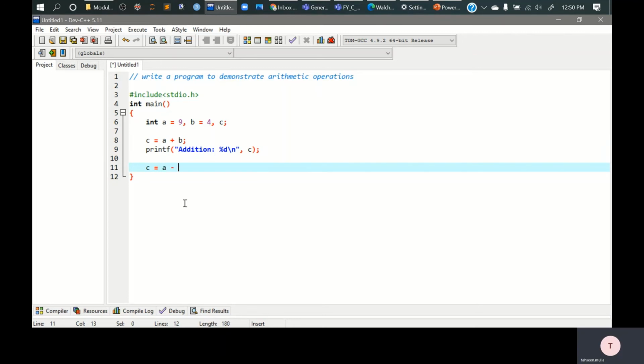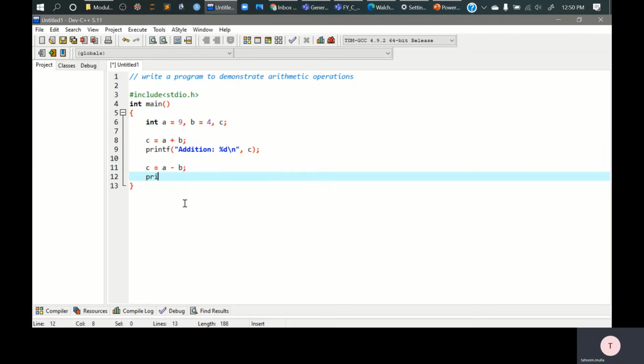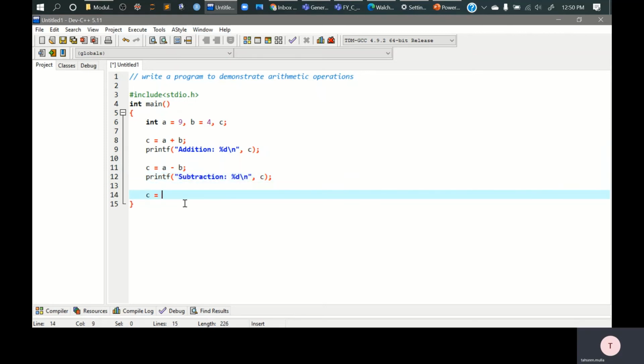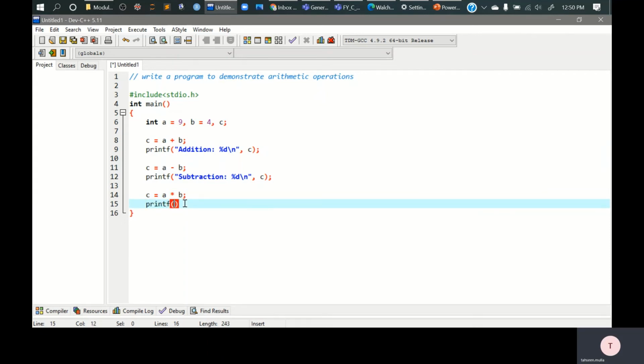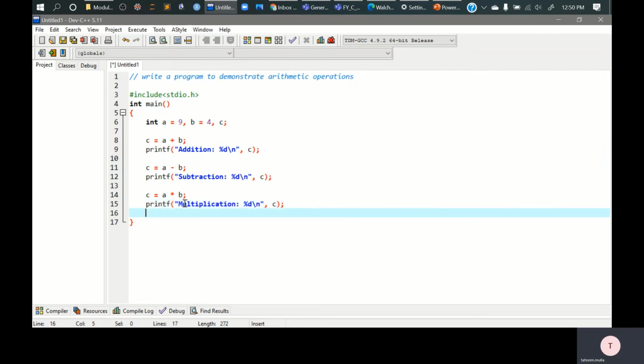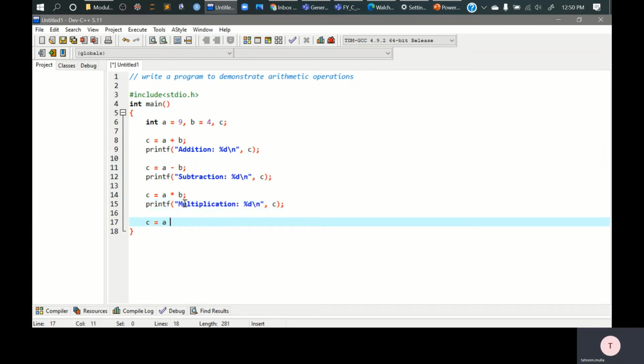Next operator will be a minus b, right? We'll print it. Subtraction. Move on to the next line and display the result stored in c. This is for subtraction. Similarly, we go for the next operator, that is multiplication, and we'll print the result. Similarly, for division, c equal to a divided by b,